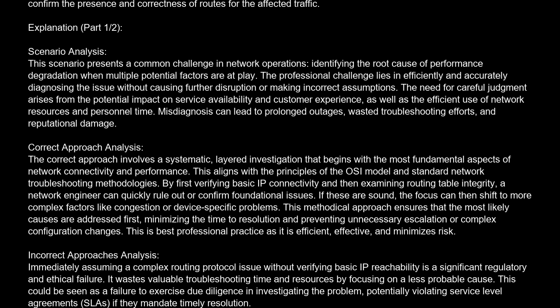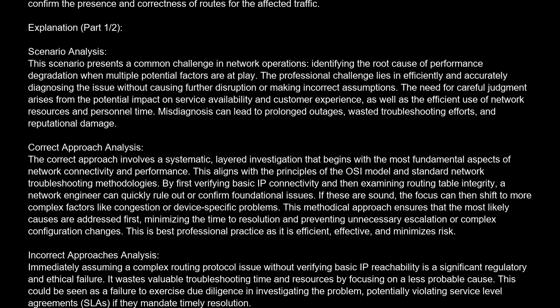Correct approach analysis. The correct approach involves a systematic, layered investigation that begins with the most fundamental aspects of network connectivity and performance. This aligns with the principles of the OSI model and standard network troubleshooting methodologies. By first verifying basic IP connectivity and then examining routing table integrity, a network engineer can quickly rule out or confirm foundational issues. If these are sound, the focus can then shift to more complex factors like congestion or device-specific